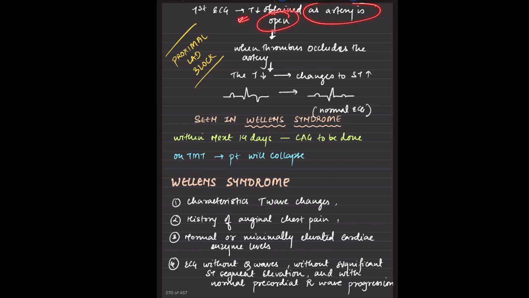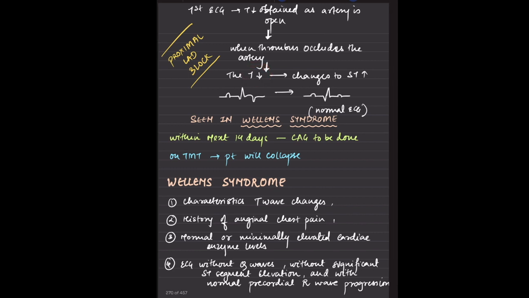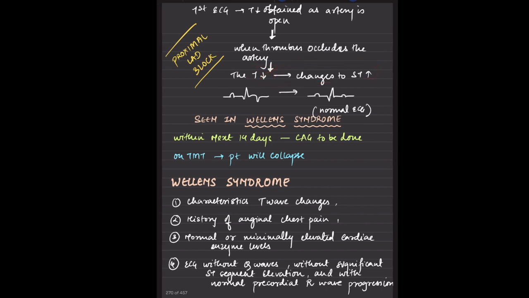T wave inversion means there is certain ischemia occurring when the thrombus occludes the artery. So the T wave inversion changes to ST elevation, which means there is injury occurring. Then the inversion goes up and this is the normal ECG seen in Wellen syndrome. Very important. I will show the image of Wellen syndrome also, and these patients need CAG within 14 days